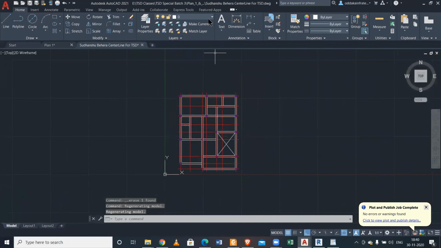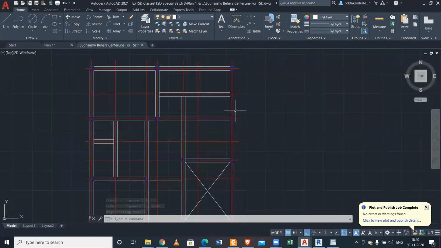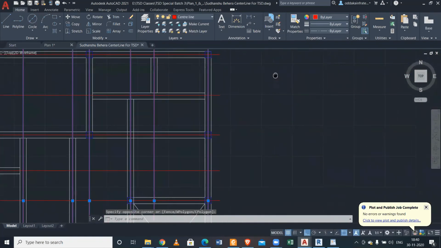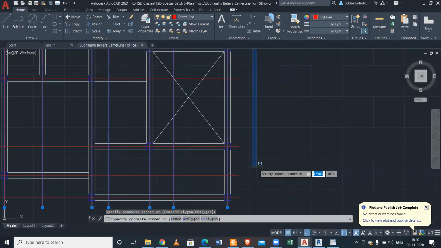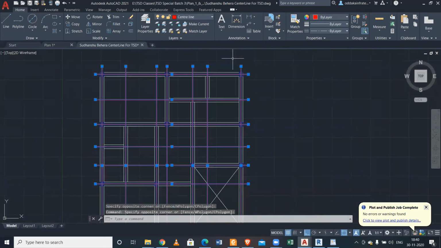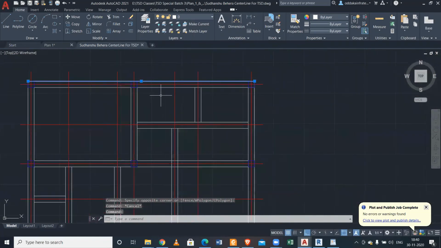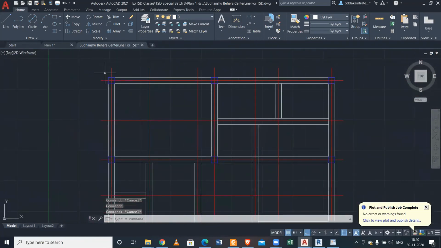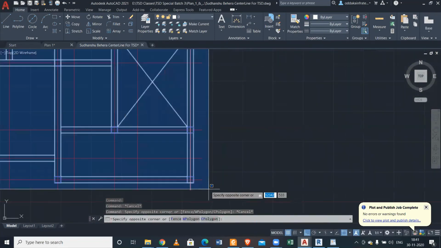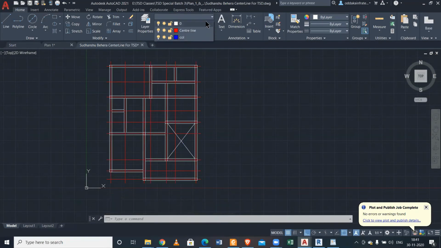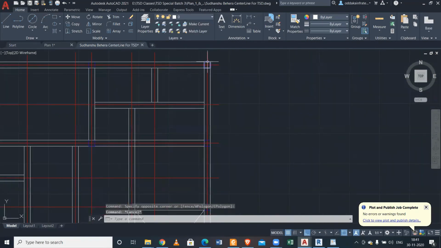Now whether we have the layer called center line. Yes, we have the layer called center line. Check whether all the center lines are in the layer of center line or not. They are in the center line layer, and they also are in the center line layer. And the other things, you can check whether they are in the center line layer or not. You can select from here to here. So the other things are in which layer, you can check. You have made, I think, two different layers, one for column and one for the other one.